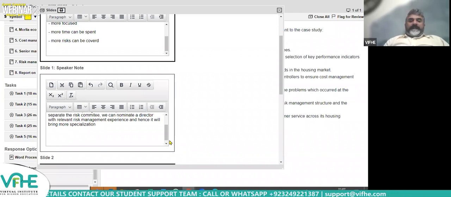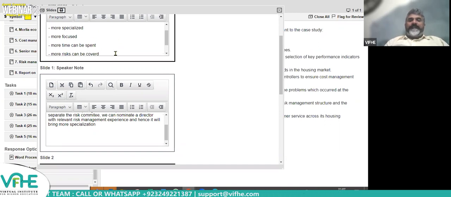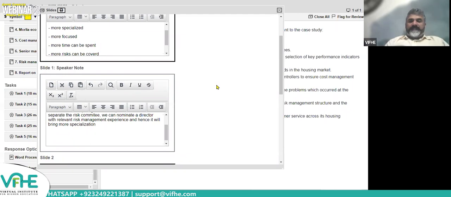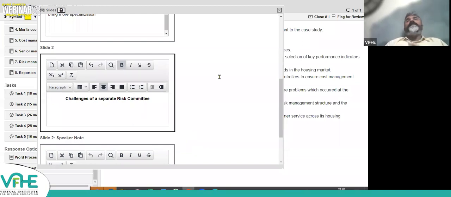All right, guys, done. So we came up with 4 benefits. So how many challenges we are supposed to talk about now? We came up with 4. So total we need 5 points. So we were able to identify 4 benefits. That's good. Are you able to notice any challenge?